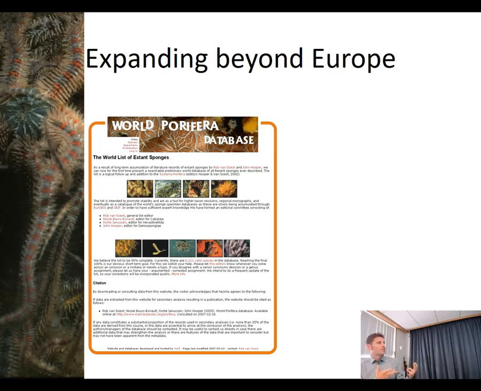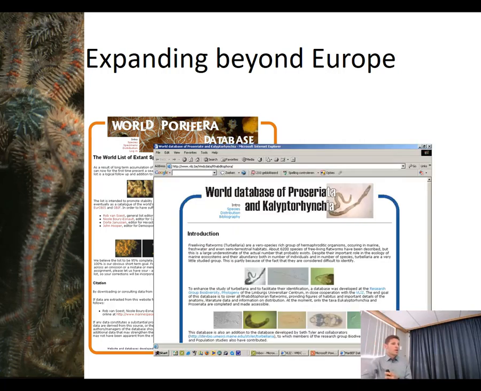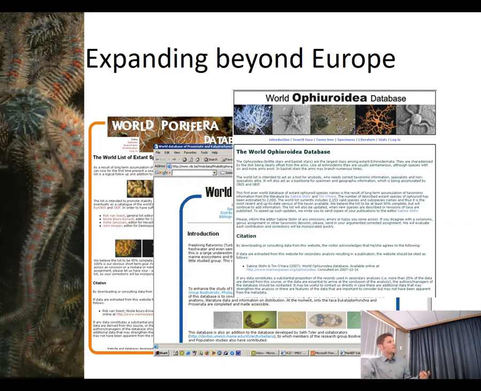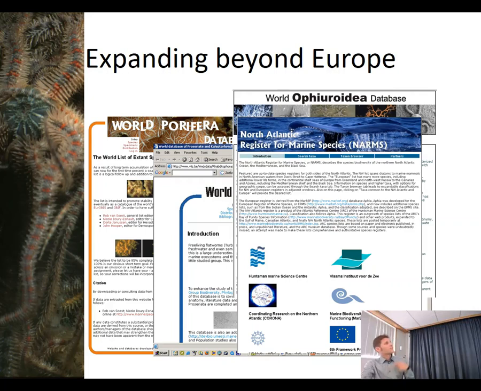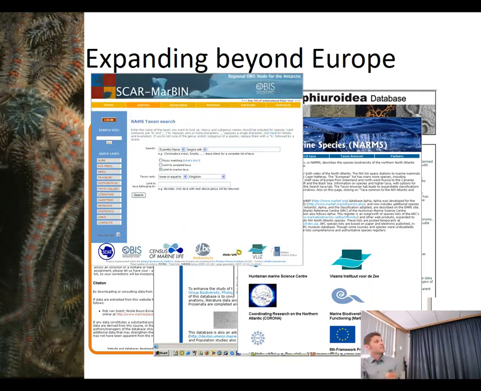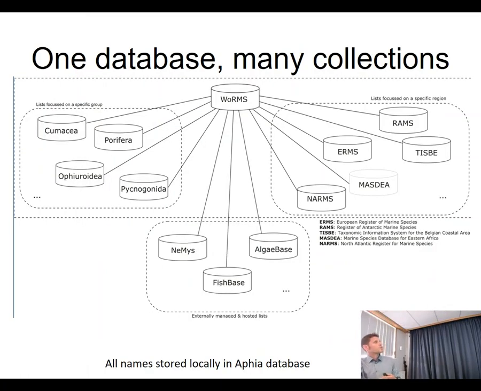We also included in the same Aphia data platform all the sponges of the world. Tom was talking about the Prosariata turbellaria. So we integrated the world database of Prosariata and Calyptorhynchia. And there are a lot of different examples, like the Euridea database, which became the world database integrated into the same data system. But also several regional checklists, for example, the North Atlantic Register of Marine Species was being added to the taxonomic database. The Antarctic species were being added, which allowed us to basically,